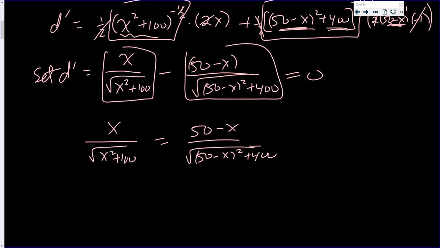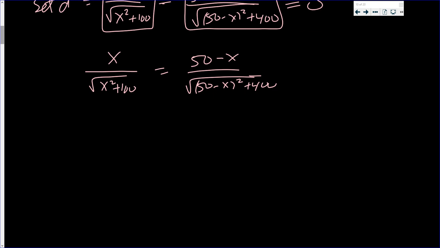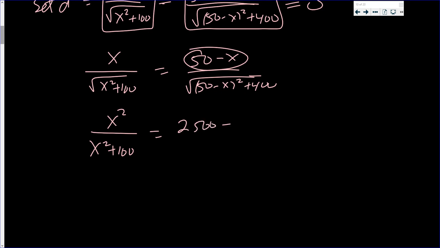I'm going to try really hard not to square 50 minus x. Okay, now I'm going to square both sides because I don't want square roots. So I get x squared over x squared plus 100. And then I have to square that 50 minus x. So I get 50 squared minus 100x plus x squared over